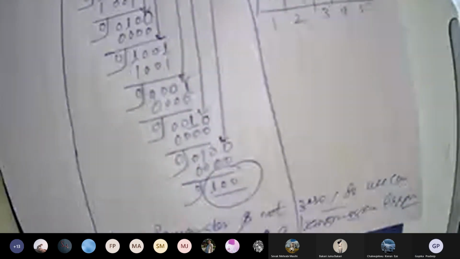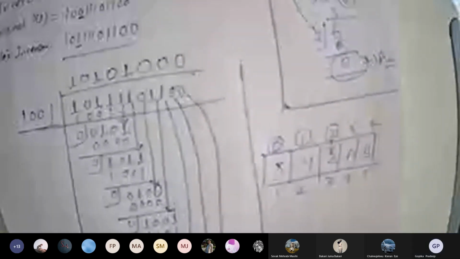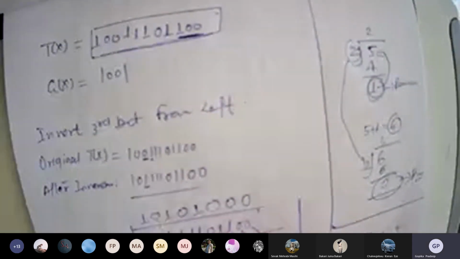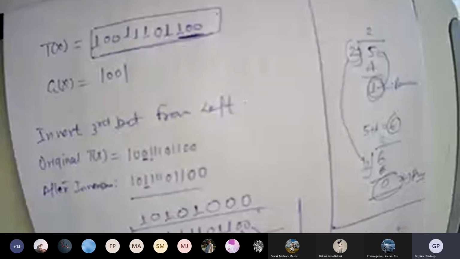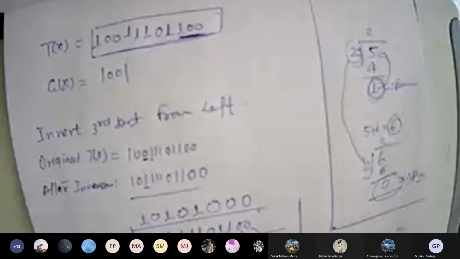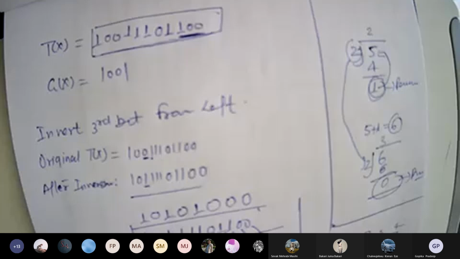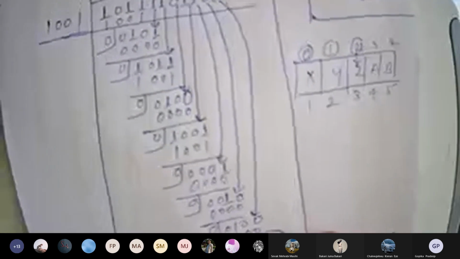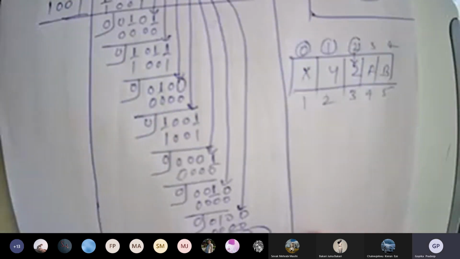Yes, sir. Okay, so this is the full procedure. Now, Gopika, you wanted to invert the fourth bit. That is this one. You want to make it 1 to 0. That's what you were saying. Yeah, because I was considering it from zero, sir. No problem. This is the next question. Now you invert the fourth bit and check, instead of the third bit, whether there is an error or not. Okay, sir.